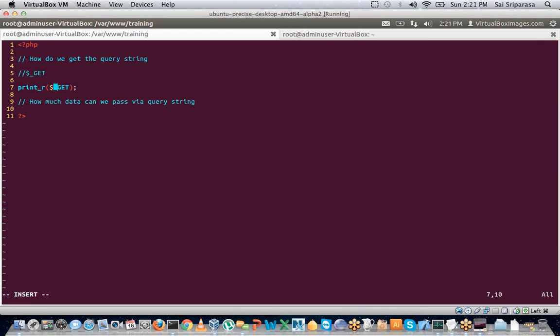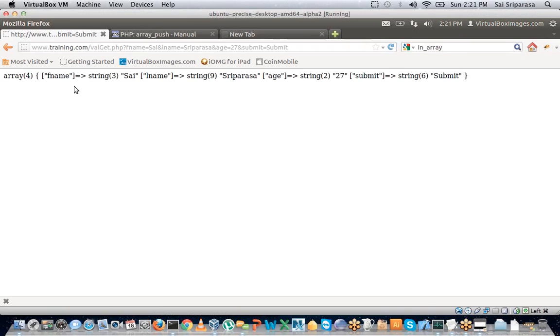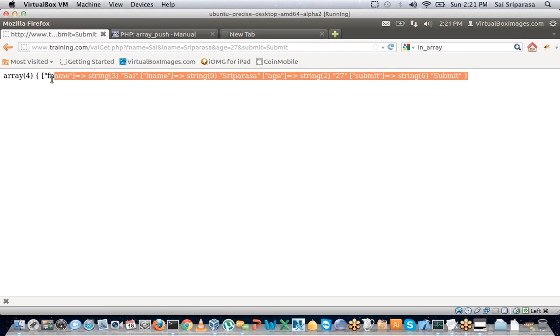Because if I do a var_dump to get the type of $_GET, it is going to give me an array. Oh, already it is showing up, right? My bad. It is going to give me an array of length 4. What are the 4 parameters? The first name, last name, age, and the submit. Okay, so it is going to send us all the elements that are available on the form, irrespective of them being filled or not. Okay, so that is the power of